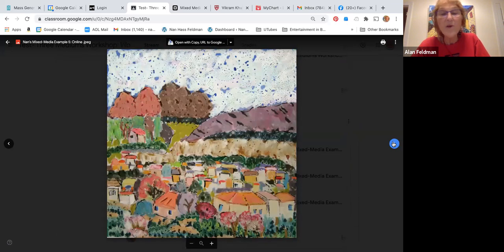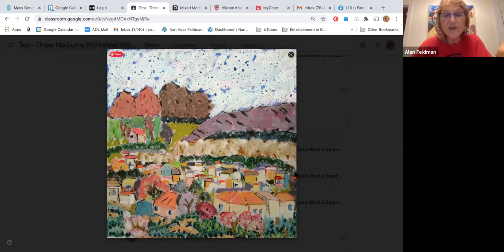I seem to be going wrong. Okay, this was another one looking over a hillside. It was in France when I was teaching in France, and just the little charcoal marks of the houses in the valley and the hillside and the sky and so on was really quite a simple sketch. Then sprayed, then I take it home or to wherever I am, and once I have